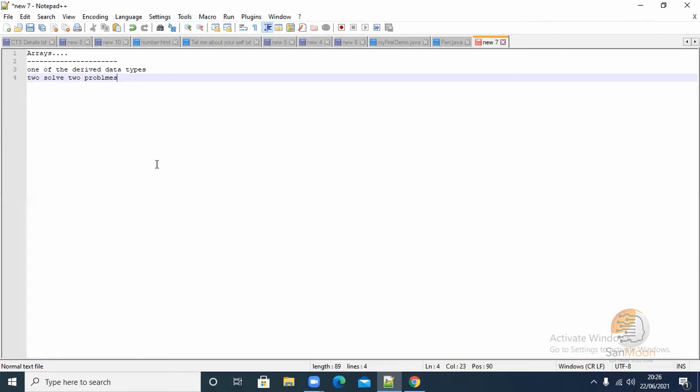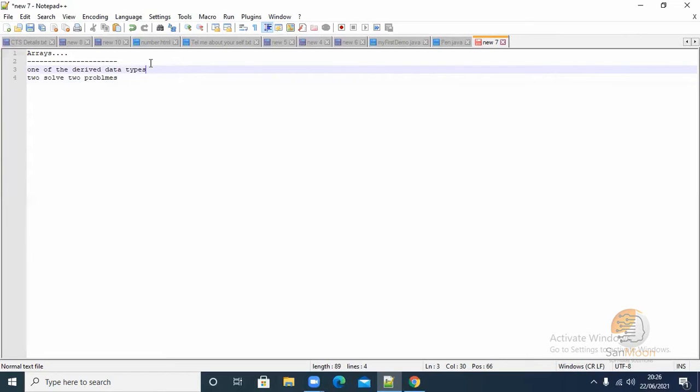If I use primitive data types like int, byte, long, short, char, and create variables and maintain them using the primitive data types, there are problems. Majorly, there are two problems. The first problem is creating a large number of variables.